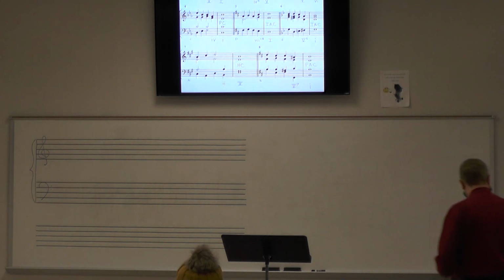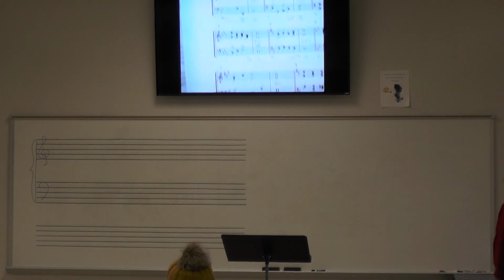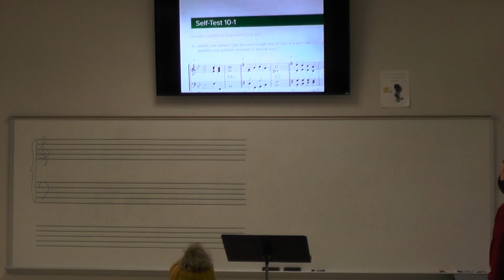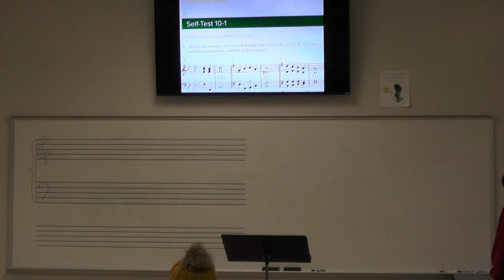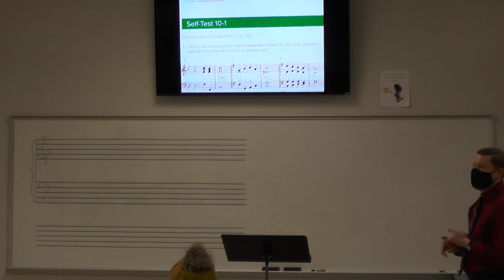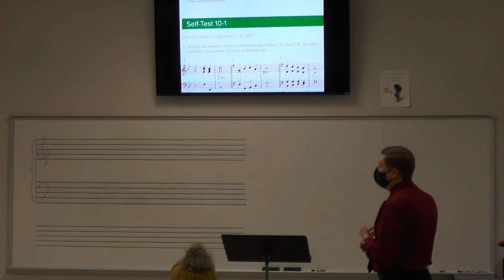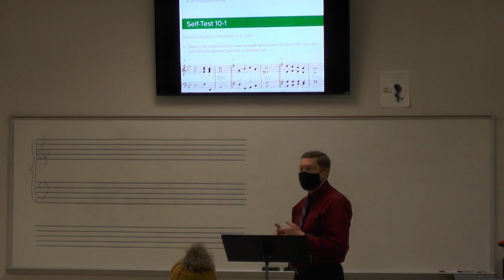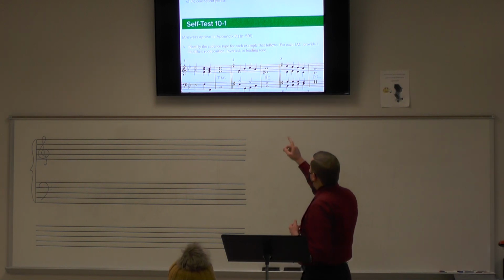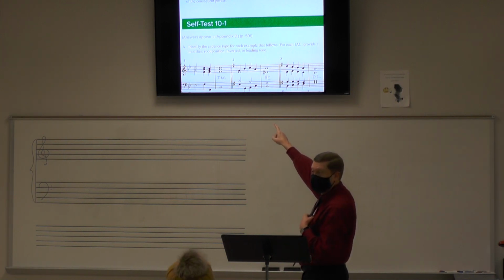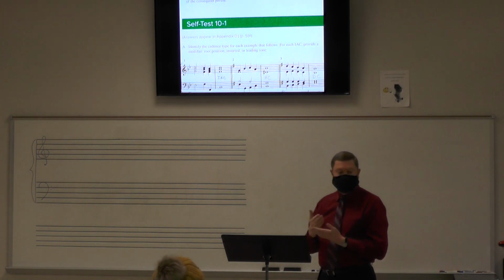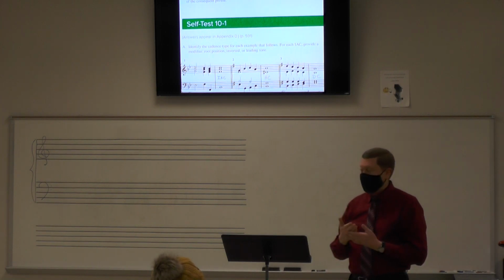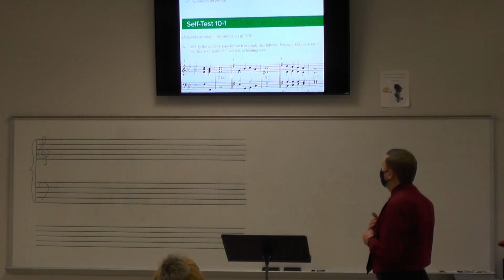So, just so you know, although I don't make a big deal about this, when you have an IAC, an imperfect authentic cadence, there are 3 reasons why you can have one. One reason is that both of the chords are not in root position. They're 5 to 1. And that's what the book there calls inverted in the instructions. If either your 5 or your 1 chord or both are inverted, you have an IAC.